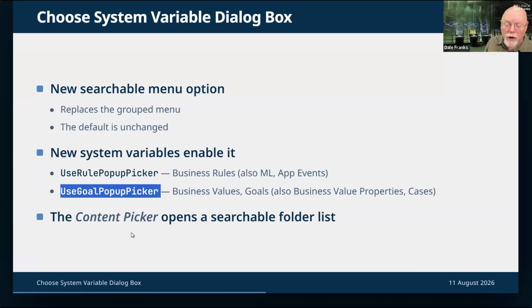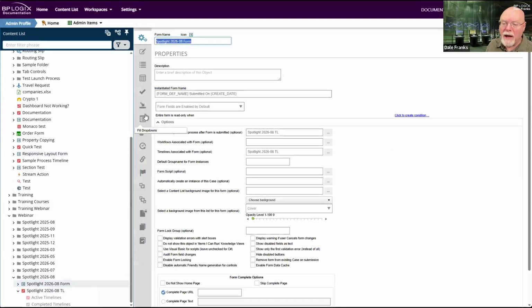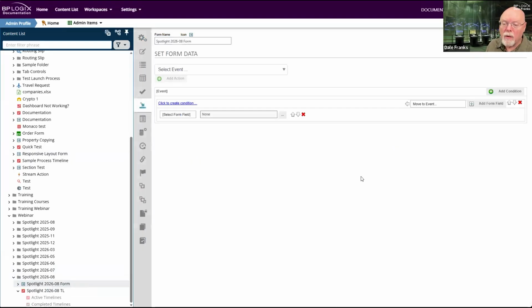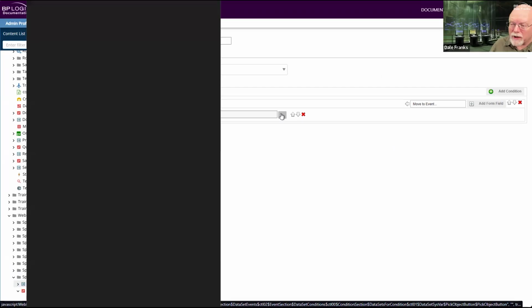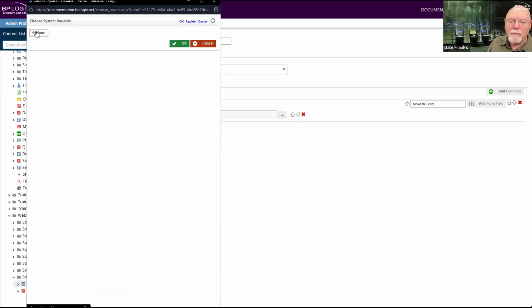When you do, the content picker will open a searchable folder list so that you can go through and look for what it is that you want to see. So if we go back over here to my server and go to the form definition itself, we'll go to set form data. Now I want to pick the object that I want to set form data on. Let's assume that it's a business value property.